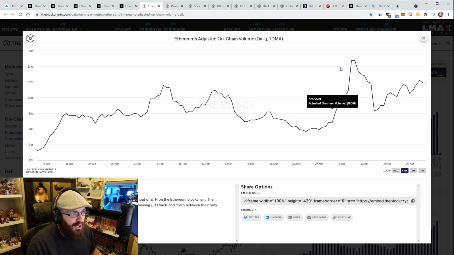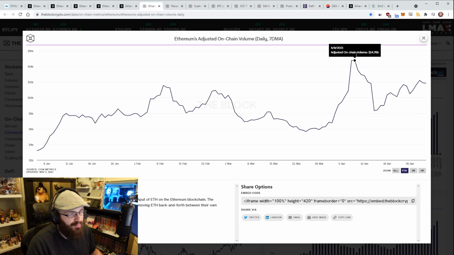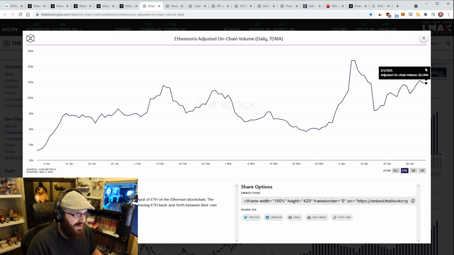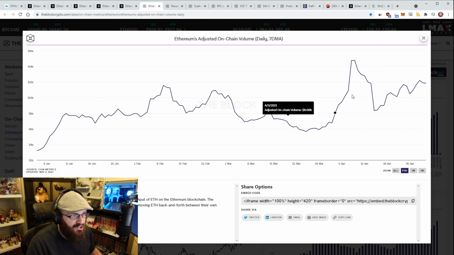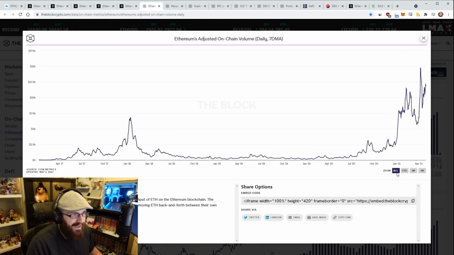It's just ETH. So, it spiked up at $14.6 billion here, $14.7 billion here on the 9th of April, and that's settled at current time of recording about almost $12 billion here. But it still kept going up, and these spikes are fine, but the general trend has been up. I mean, if I zoom back out to all here, you can see the spikes on the chart, and this is, of course, a linear chart, but the general trend is still up. And even if it comes back down considerably, it still kind of like trends up there, which is really cool to see that.